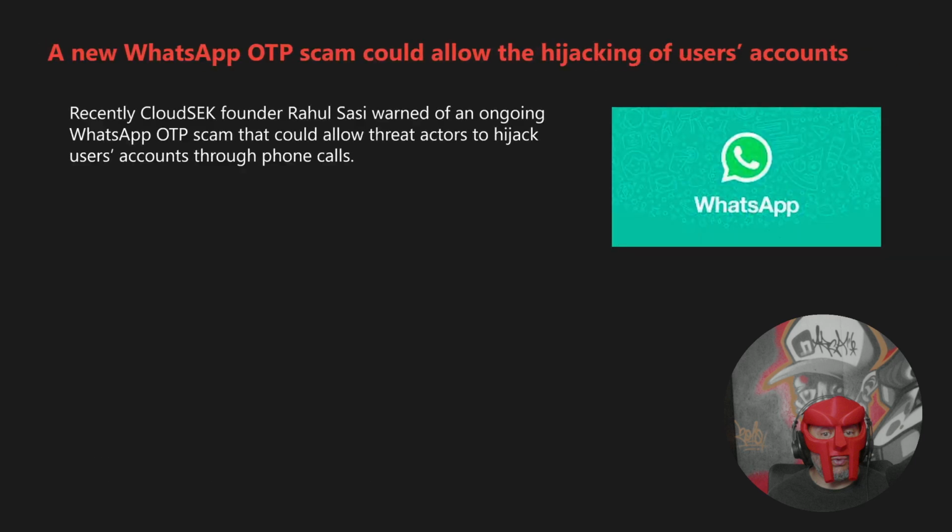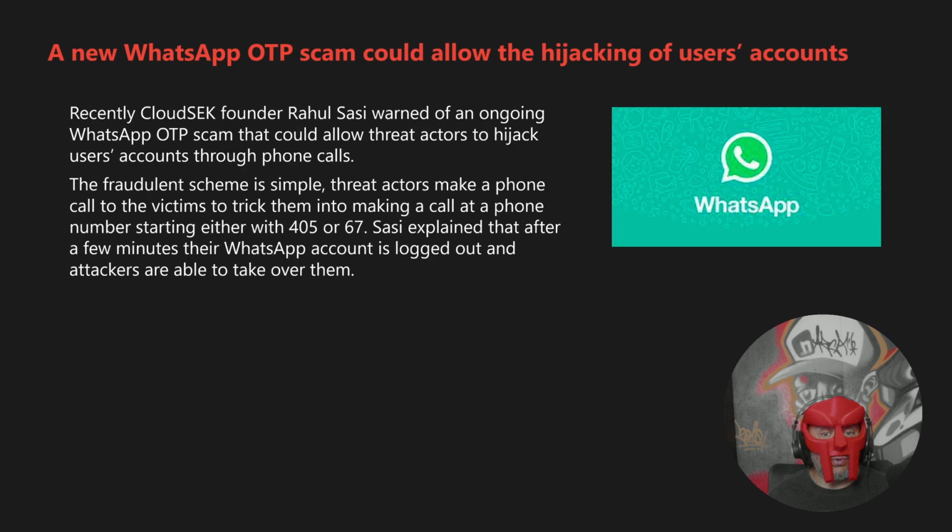Recently, CloudSEK founder Rahul Sasi warned of an ongoing WhatsApp OTP scam that could allow threat actors to hijack users' accounts through phone calls. The fraudulent scheme is simple. Threat actors make a phone call to the victims to trick them into making a call to a phone number starting with either 405 or 67. Sasi explained that after a few minutes, their WhatsApp account is logged out and attackers are able to take over